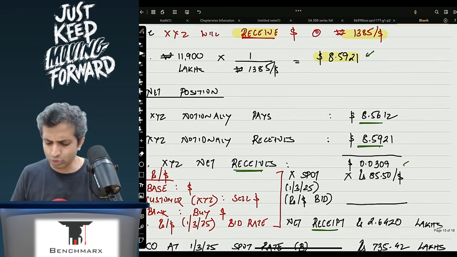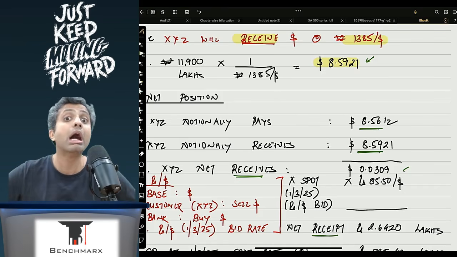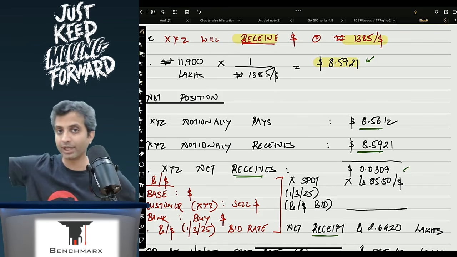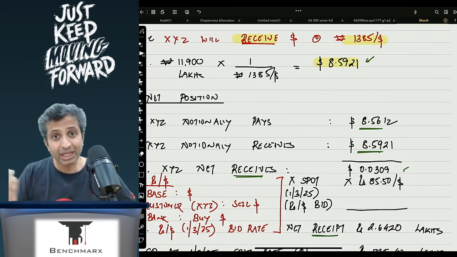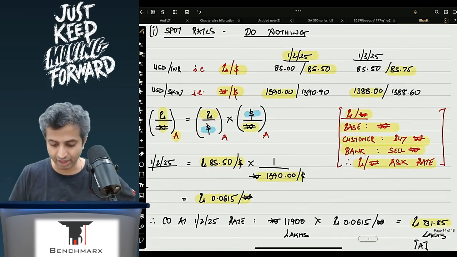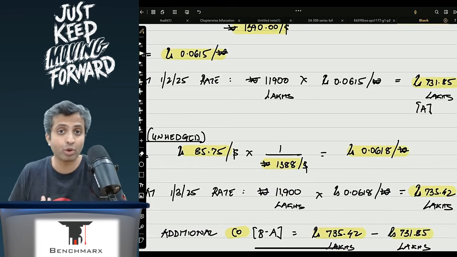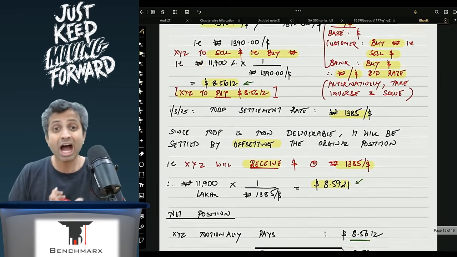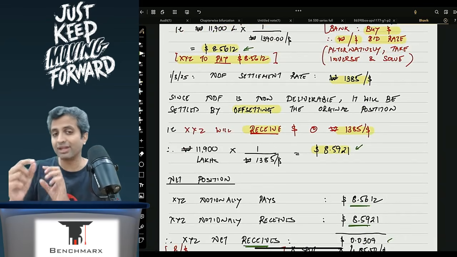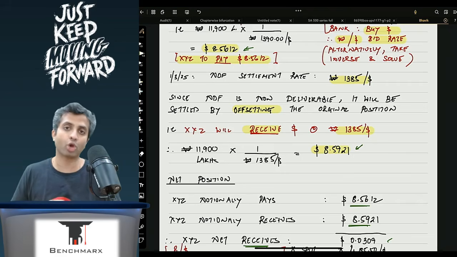Okay, so this is 2.6420. Okay, so am I a speculator? I will receive 2.6420 and rest zone out? No, I will have to pay to the Korean supplier, and hence I'll go to the spot market. In the spot market, it costed me, and we have done this earlier as well, around 735.42. Well, I still have to pay 735.42, yes, in the spot market to arrange. However, that cost in a way will be hedged by the gain from the non-deliverable forward.